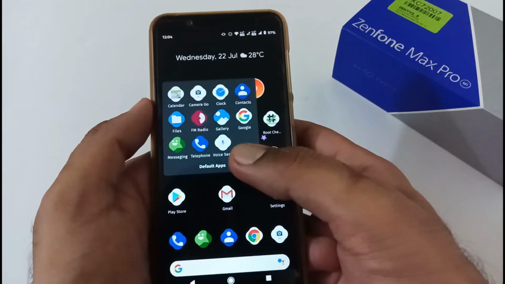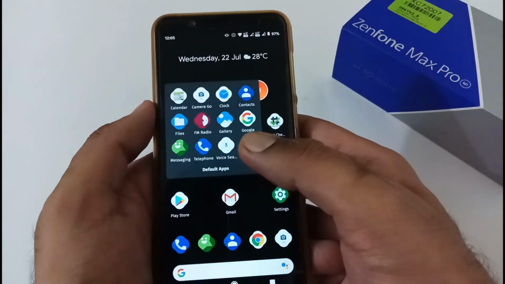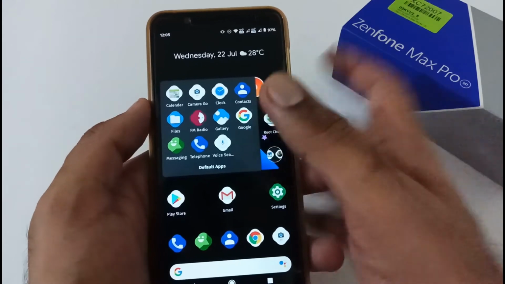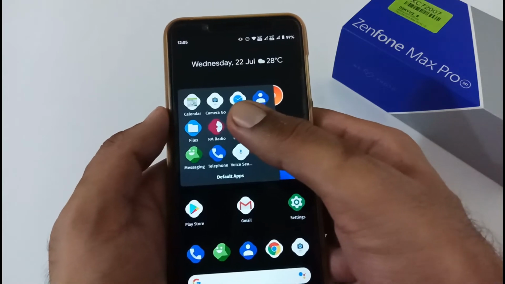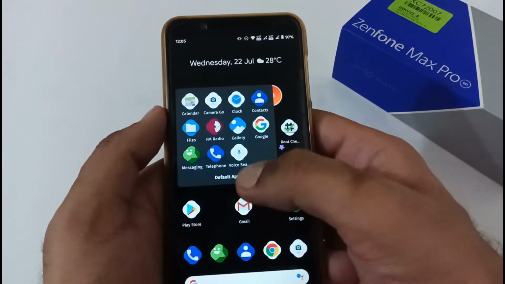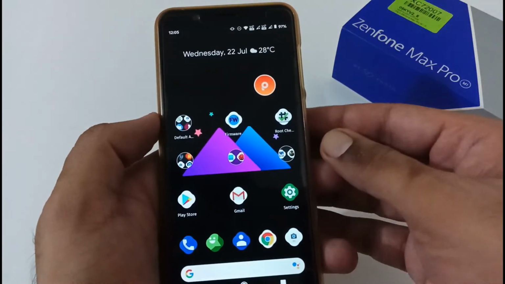After quick settings, now let's move to the default apps that ship with this particular ROM. These are all the apps which are shipped with this ROM whenever you flash it. I'll show you again when I complete the installation part. So calendar, Camera Go, this is a stock camera app and so on. All in all, everything is working fine. Okay, now let's move to the firmware checker.